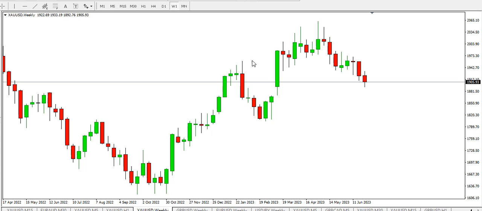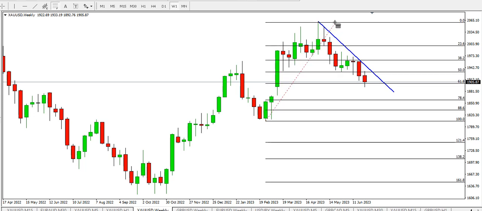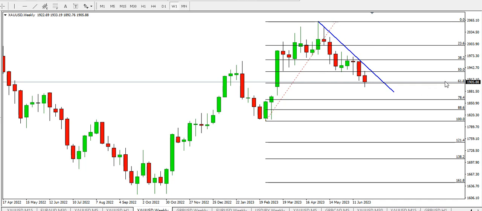I have gold forming a top around here and another top around here, and you can see that on the weekly time frame the price of gold is retracing. If we take a look at how far it has retraced on this particular up leg, you can see it has retraced a bit more than the 61.8% Fibonacci level. Price might likely find support or demand around here,